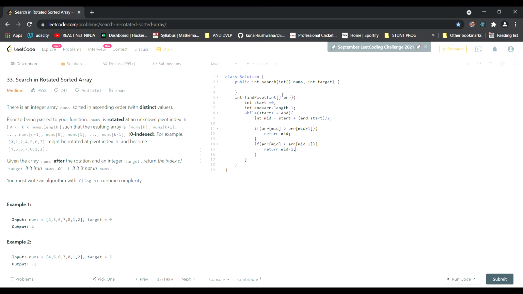Now pay attention, if I am comparing my array of mid with my array of mid plus 1 at every iteration, it might happen in some scenario that array of mid is the last element of the array. In that case, where will mid plus 1 be? Out of bound. Then it will give an error. We don't want that.